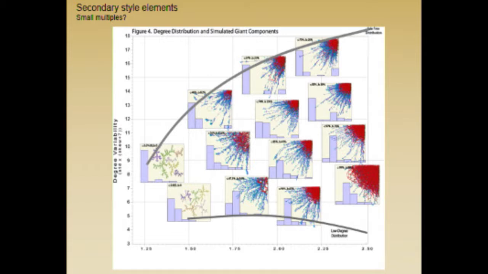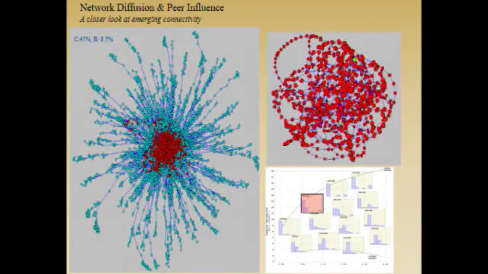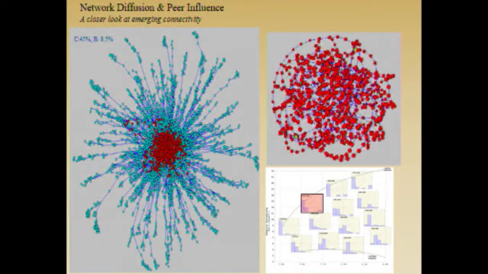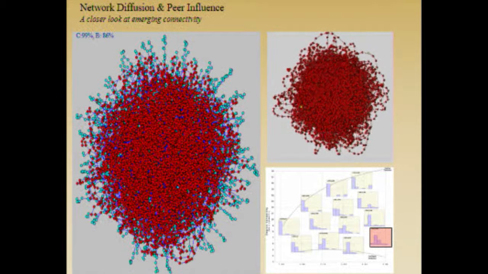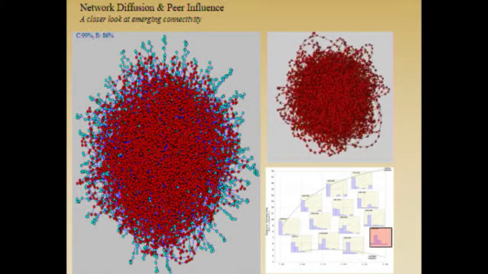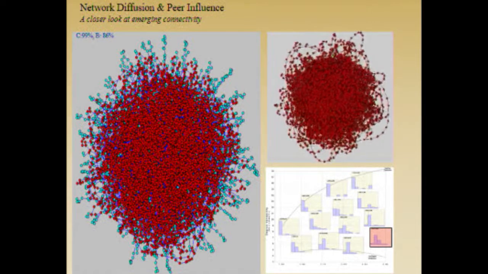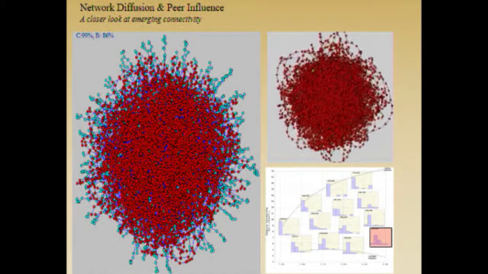So this was a paper we did looking at disease transmissions across different types of networks. Some of these networks were really sparse, and some were really dense. This was a way to try to display what these different kinds of things look like. And then we were able to go through and say, what does it look like to really look deeply into the core of one of these versus one of the others? And so then you might say, well, what you really do have here when you get to this dense network is this highly connected ball that's hard to see.